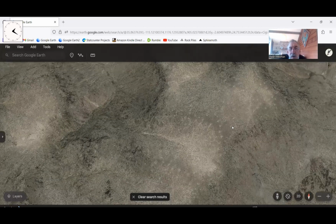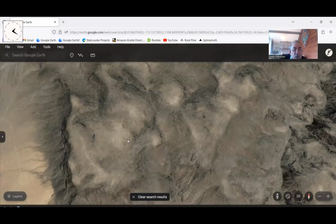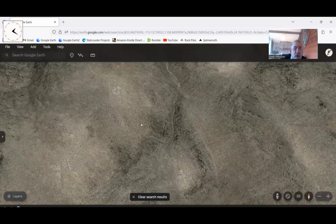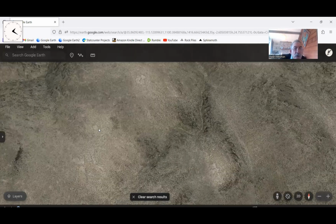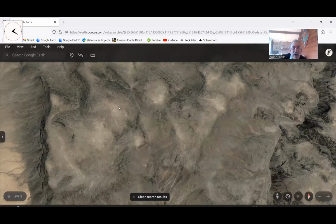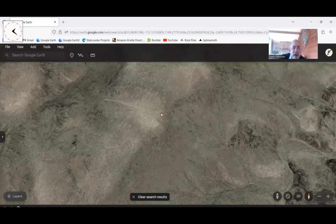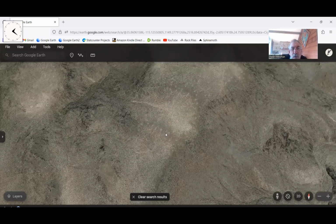Now, the post holes here really draw your attention. First of all, before I get into the details of this, over here in what was A and B and C, there's a sense of post holes, nothing so clear. And at the center, the focal points of these targets, these bullseyes, you see some soil disturbances. So it's possible that there were blinds or corrals or something at the centers of these spots, but I can't observe that yet. What I can see, though, is a very distinct sense of this being a line of post holes